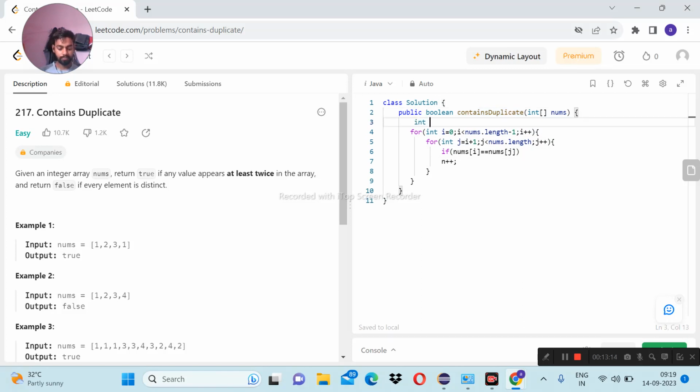If first declare n equal to 0. If n is not, then what's the value of n? n equal to 0 also. Then it's a good thing to declare n equal to 0. After this, so that